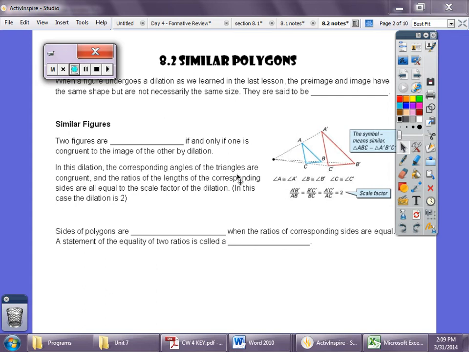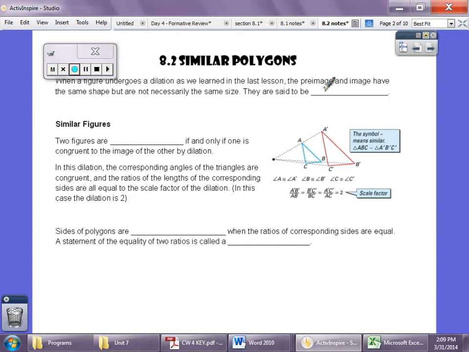Alright, 8.2 Similarity in Polygons. Today in class we talked about dilations, about the pre-image and the image. They have the same shape but not necessarily the same size. So if this happens, the figures are said to be similar. So two figures are similar